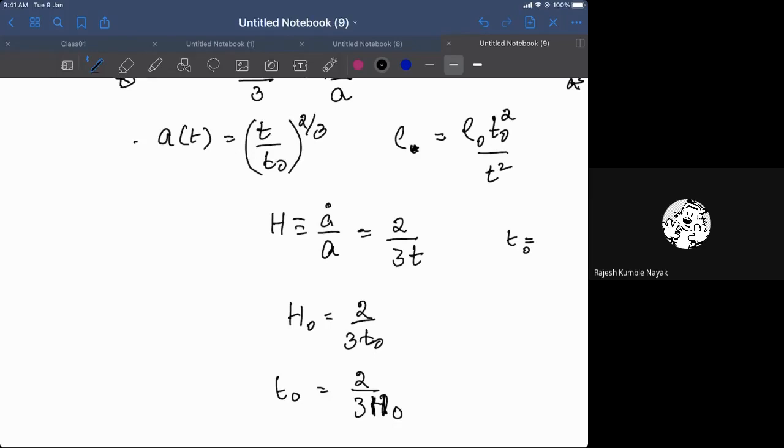So before going into any other model, do you have any questions regarding this? This is going a bit fast. I know I have messed up with the timing, so we missed some classes. So let us see, any problem? Any question about this, the dusty model of the universe?